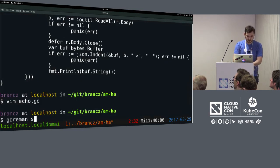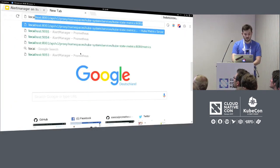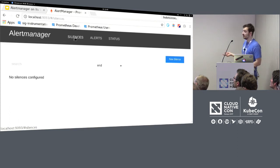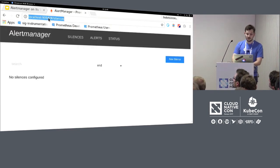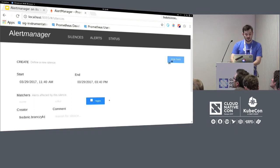So let's give that a spin. And everything's running, so let's go to the first Alertmanager web UI, which would be 9093. And we see that there are no silences created yet. So the first thing I want to show is that the gossiping of silences actually works. So we go through all of these Alertmanager instances and see, no, there has indeed not been a silence created so far. So we can take a random Alertmanager